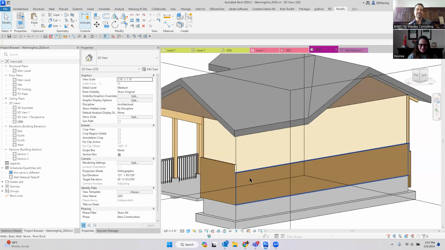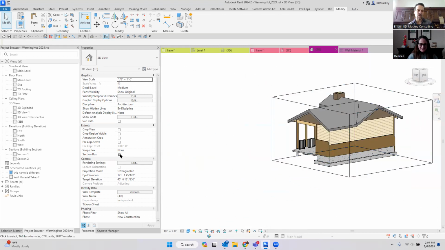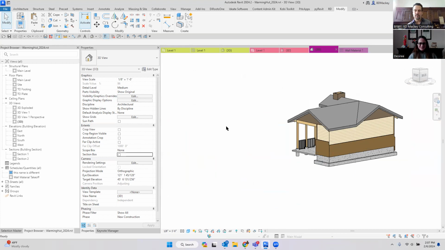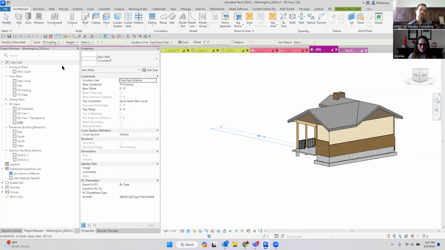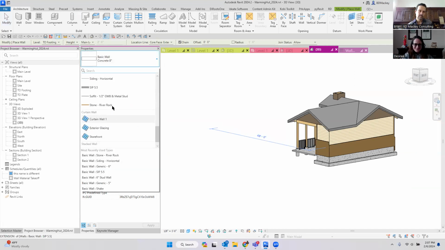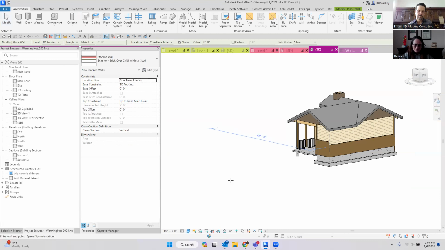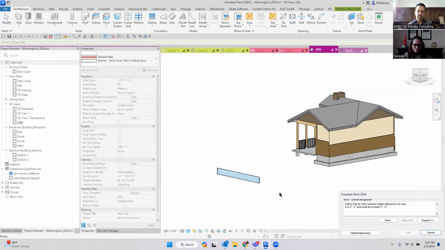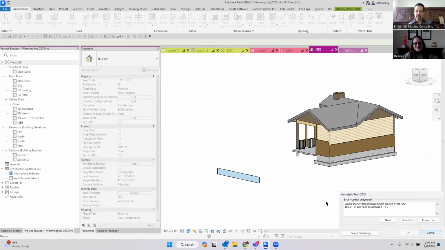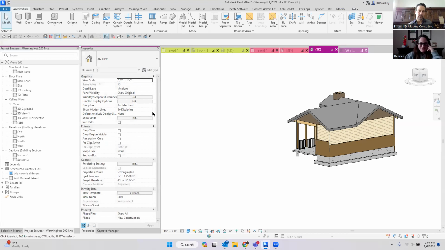And if you do actually have a stacked wall, if you draw a stacked wall, a lot of people may or may not know this, but when you do a stacked wall,